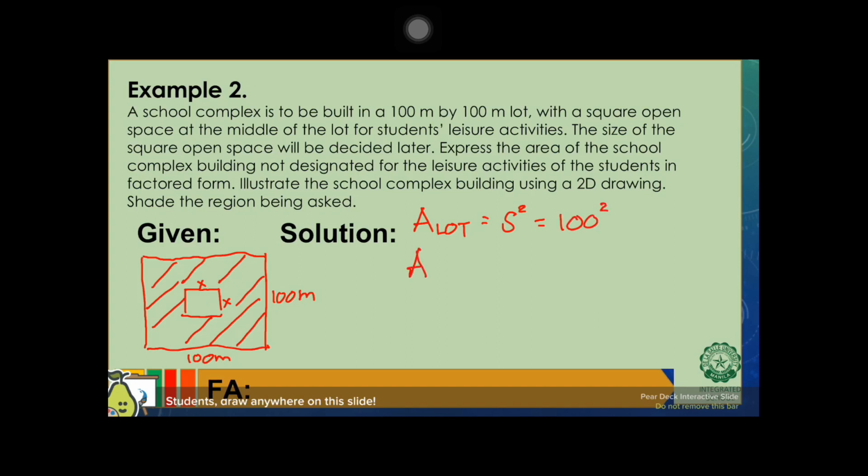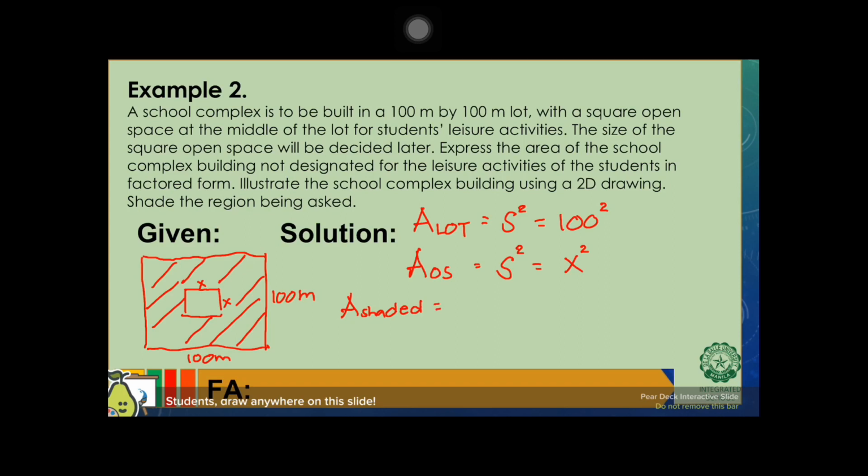Then we are supposed to look also for the area of the open space, and that is also a square, so that we would be having s squared as well. Then we have the side of our open space, which is x, we have x squared. After doing that, guys, we will be having to look for the area of the shaded region of our diagram,